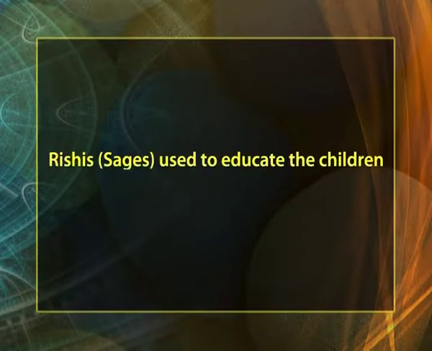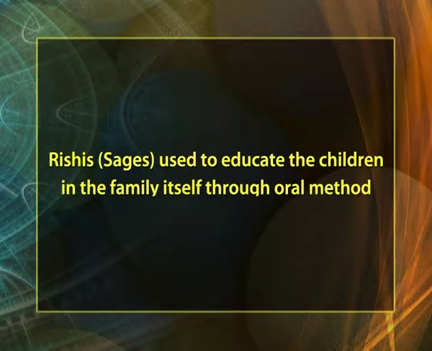Before the Upanayan ceremony, which was known as initiation into the teaching and learning, the child had to learn the language and the occupation of the family, of course, informally. Rishis or sages used to educate the children in the family itself through this oral method. In the formal school, which was called Gurukul,